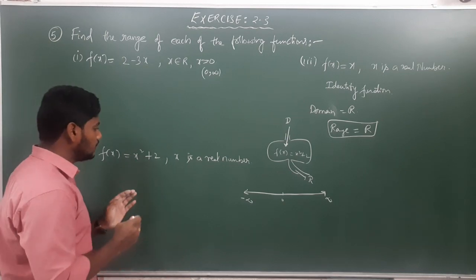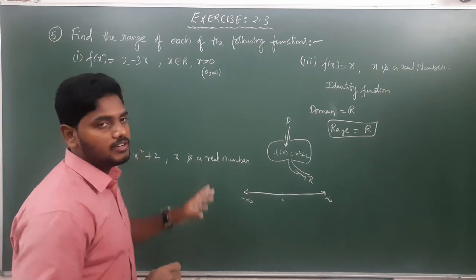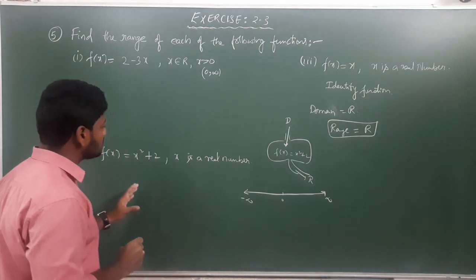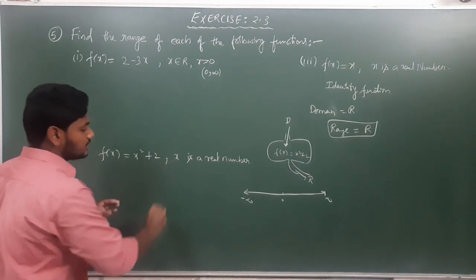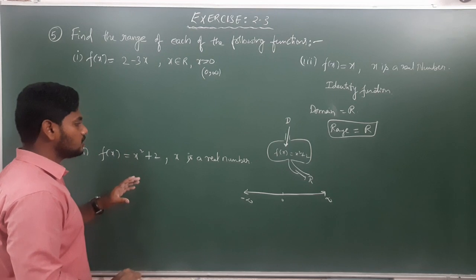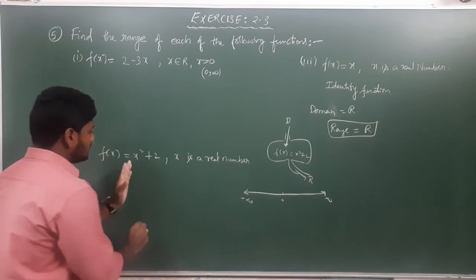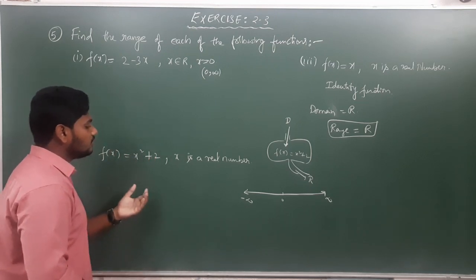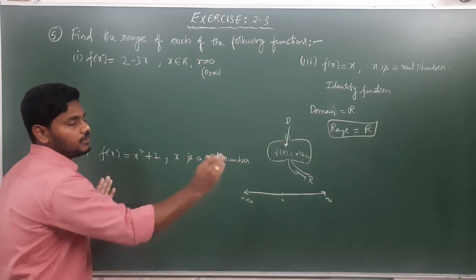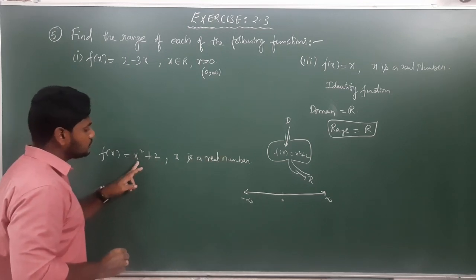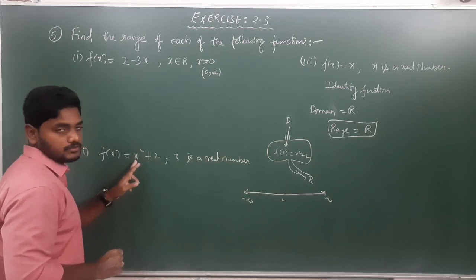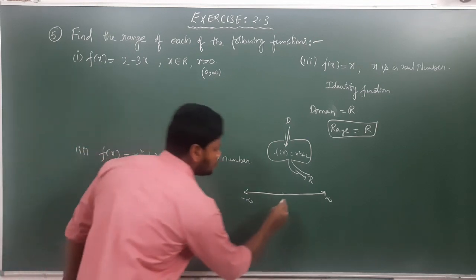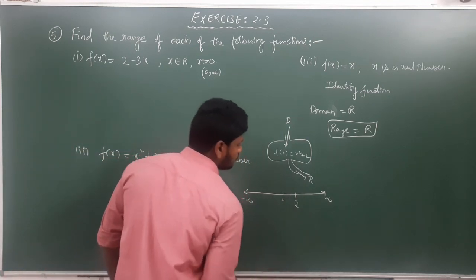Then how do we find that value? Here no need for hard work. We just need some common sense and thinking skills. If you have interest in this question, definitely we will think. See, x square plus 2. What will be the minimum value? From where to where will it be? If you substitute 0 square, how much? 0. 0 plus 2, how much? 2.